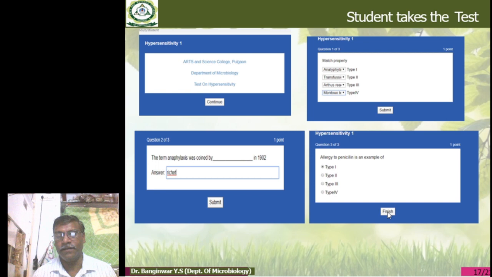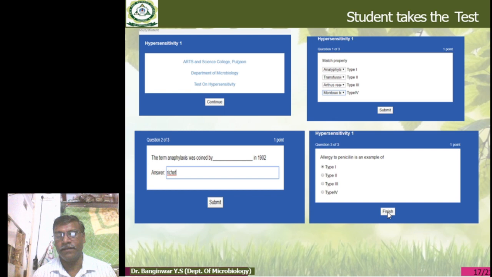So for the hypersensitivity test, the name of the student is on your right hand side. Here the student got 100% marks, and the duration of the time is shown. So this is the result after the test. Later on, it is the moral responsibility of the administrator, that is the teacher, to check how many students gave the exam: 10 students, 20, 30, 40, 50.